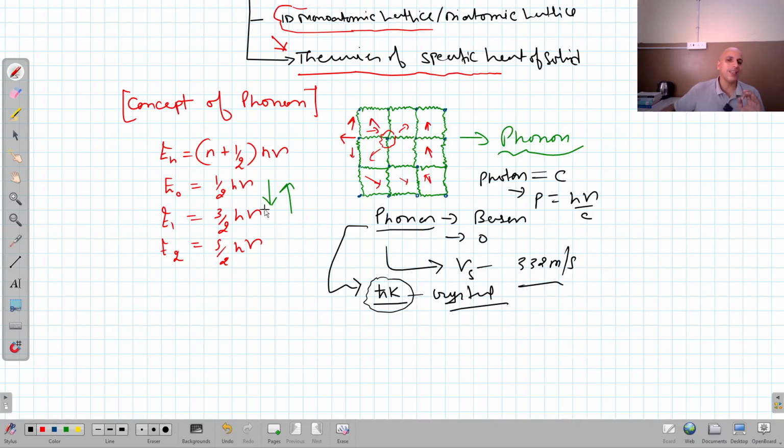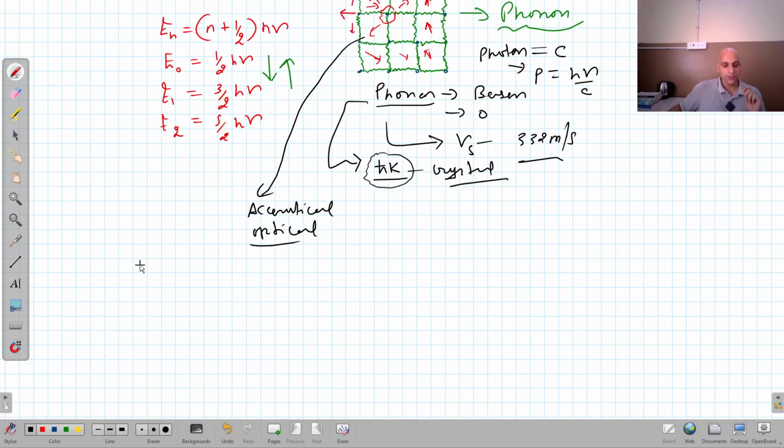Now the phonon inside the given crystal lattice can be acoustical and they can be optical. Acoustical means they are associated with acoustics, sound waves, thermal energy. Optical means they are associated with the electromagnetic wave. They are excited because of the electromagnetic wave interaction with the crystal lattice. So they can be of two types, optical and acoustical. So we have to remember all these properties of phonon.